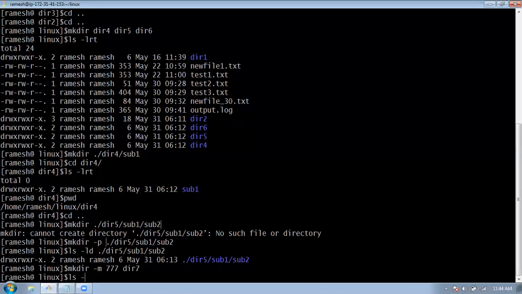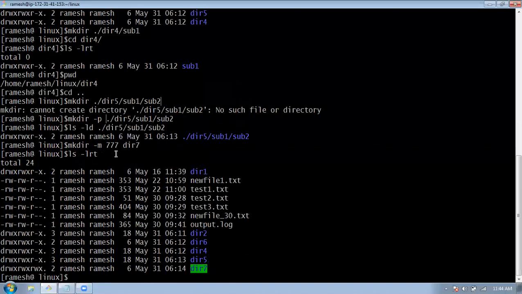While creating the directory itself, you can specify the required permissions if you have any special permissions required for your directory. Instead of creating and then later changing, you can directly specify the permissions while creating your directory. All directories were created with 775, but we have given 777 for directory 7. It has been created with the given permissions. So this is how we create directories.